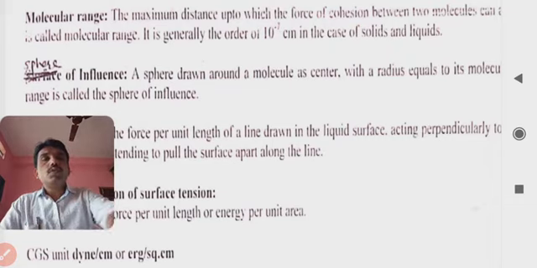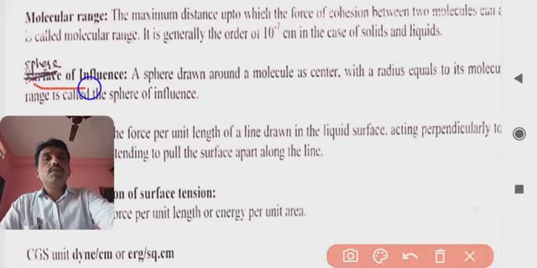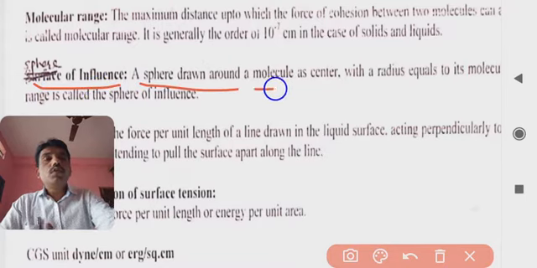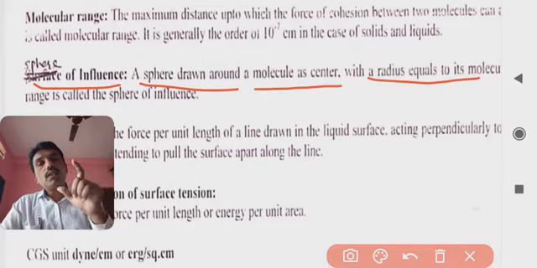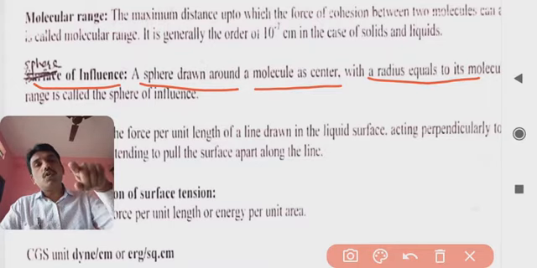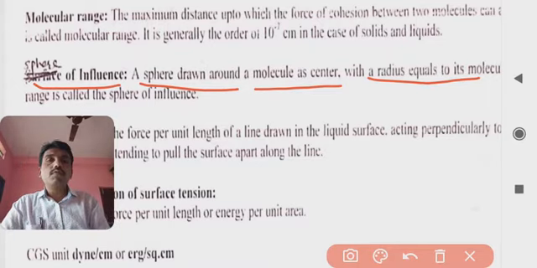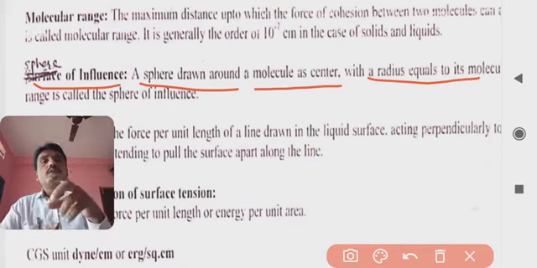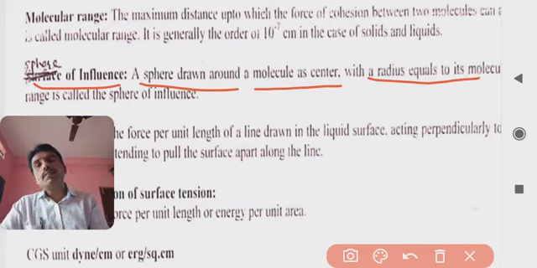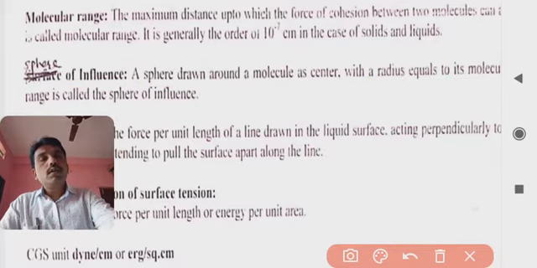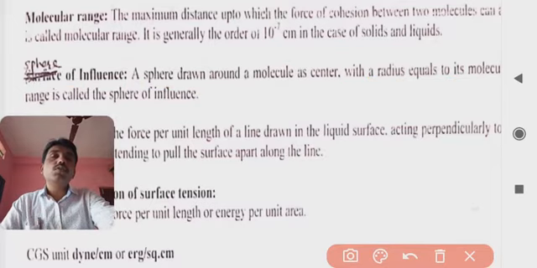So this is what the sphere of influence simply means: it is nothing but the sphere drawn from the molecule as a center with the radius equal to the molecular range. म्हणजे molecular range जेवढी आहे ती रेडियस कन्सिडर करून जेवढा स्पिअर ड्रॉ होईल दॅट इज नथिंग बट द स्पिअर ऑफ इन्फ्लुएन्स. म्हणजे तेवढ्या भागामध्ये जो काही मॉलिक्युलर रेंजचा इन्फ्लुएन्स तुम्हाला जाणवेल आणि त्यालाच आपण स्पिअर ऑफ इन्फ्लुएन्स असं म्हणणार. Similarly, in this case,